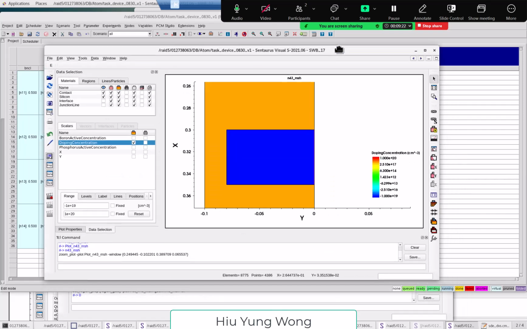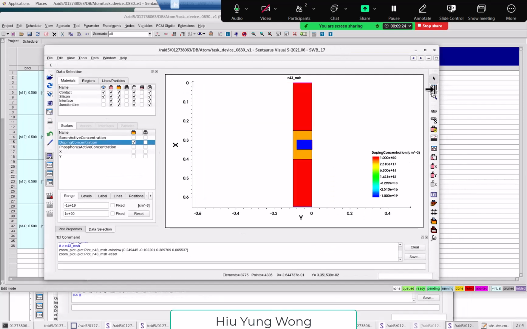It might, I'm not sure, right? And we can discuss the meaning of ohmic contact more in the future. That's the first thing. Second thing is that